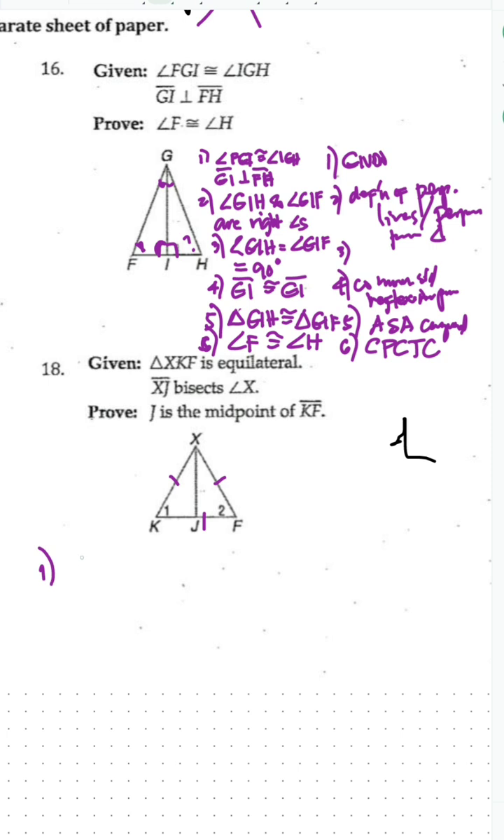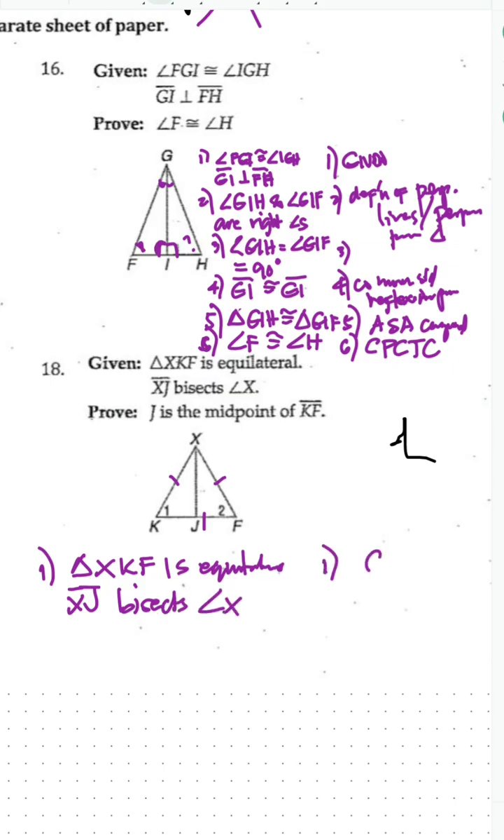Okay, the first one, triangle XKF is equilateral. Then XJ bisects angle X. So this is given. Prove that J is the midpoint of KF. Okay. It says equilateral. So that means the sides are congruent. And then XJ bisects. So that means, it bisects, right? So that means angle KXJ